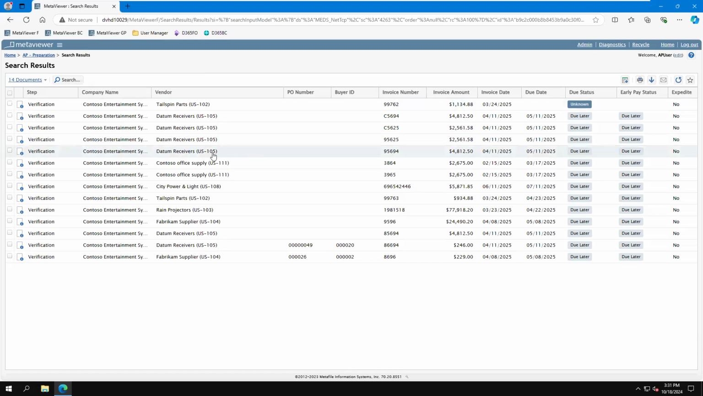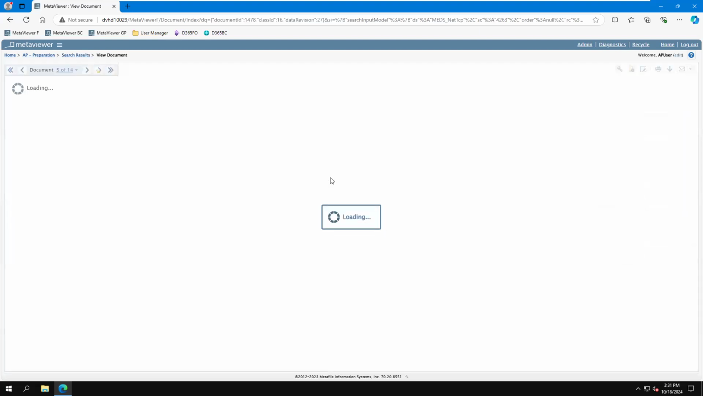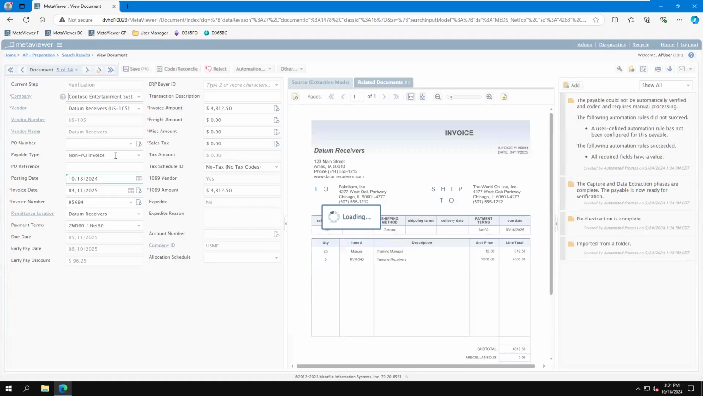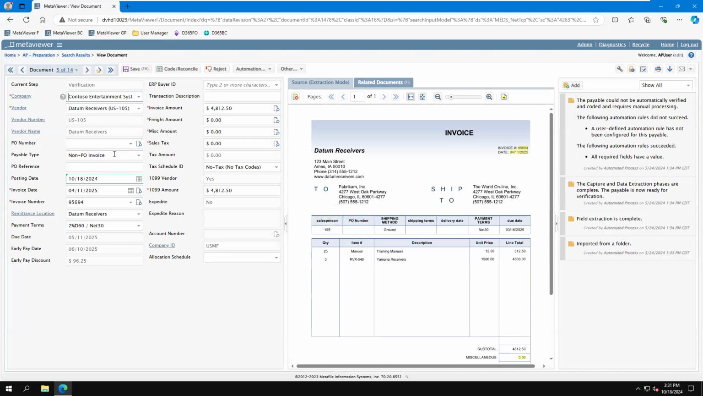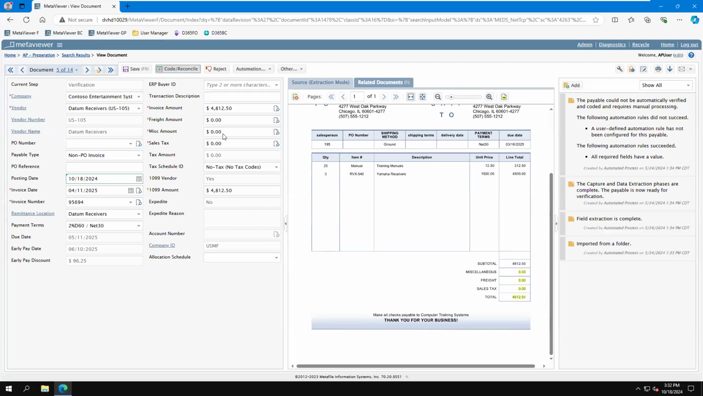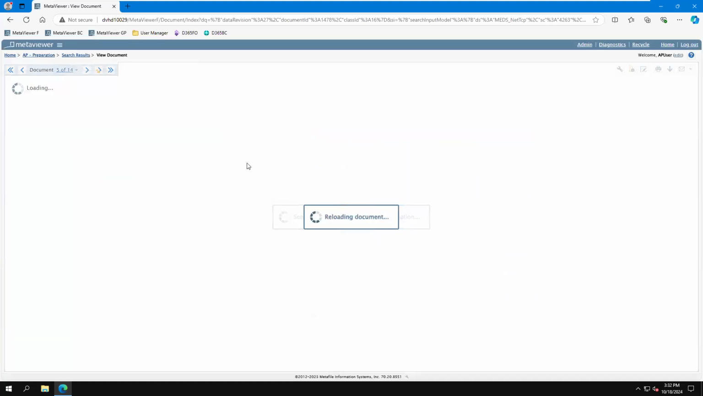Let's look at another invoice here. We'll take this Datum Receivers invoice. This invoice is not related to a purchase order. There is no PO on the invoice, so we specified this as a non-PO invoice type. Same thing, we extracted all the data, but this time when I hit code and reconcile, it's going to communicate